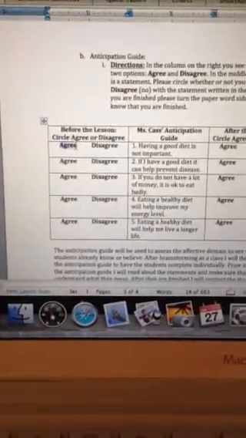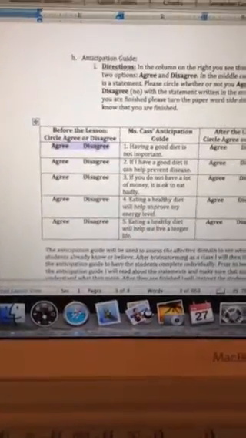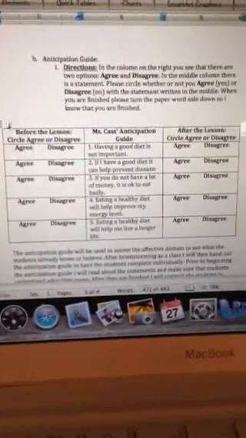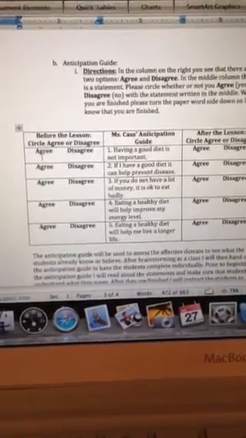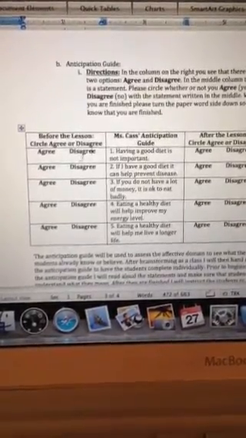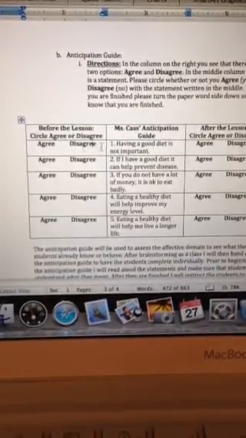So for this next activity, before we get into the lesson any further, I want you to pick a position, or pick a side, about how you feel about agreeing with the statements that I'm going to hand out to you. So, in the left-hand side of the column on the sheet of paper that you have, agree, which is right here, and then you have disagree, which is right here. So, agree means yes, that you agree with the statement. Disagree means no, you do not agree with the statement.